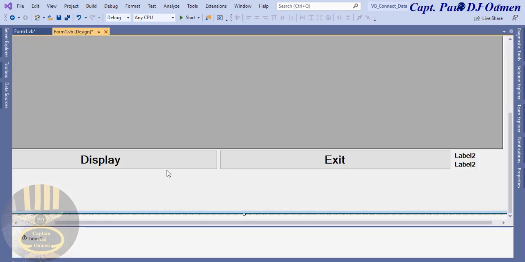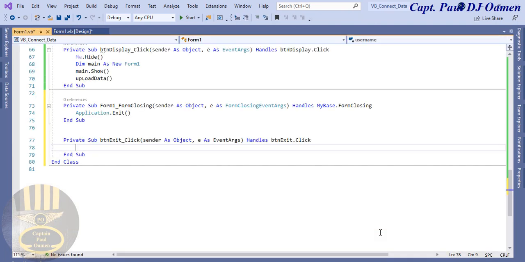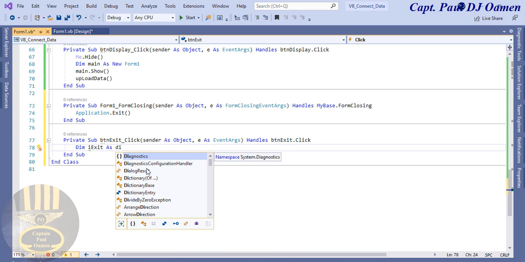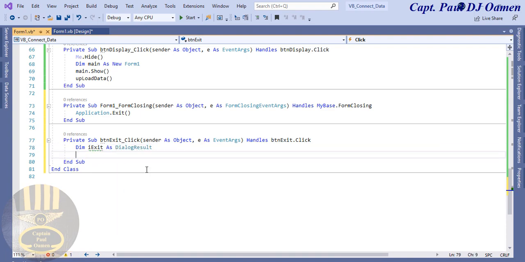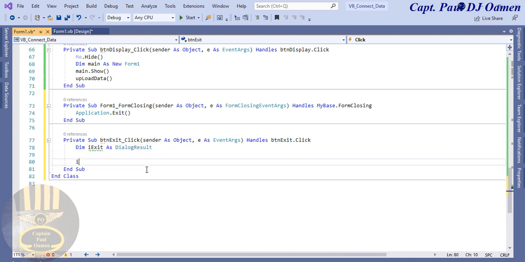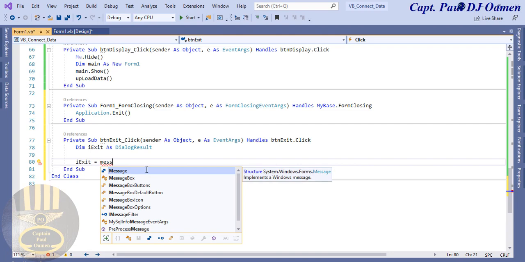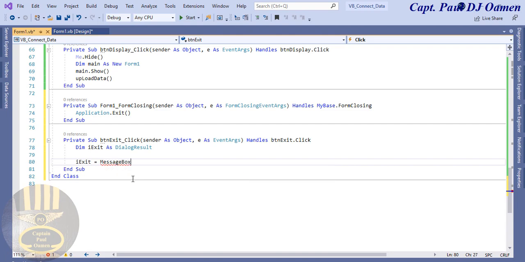Now let's come back in here, double click on exit. With the exit, first of all, I'm going to say Dim iExit As DialogResult. And for this dialog result, so let's say iExit equals MessageBox.Show